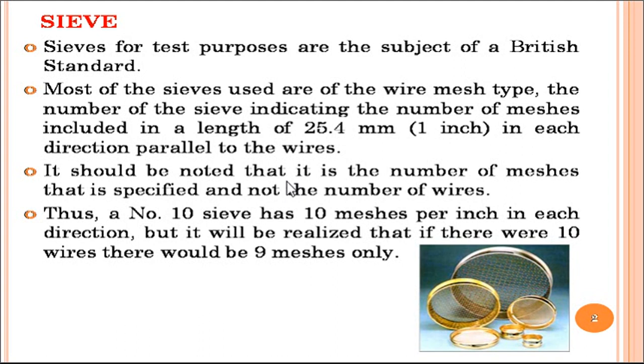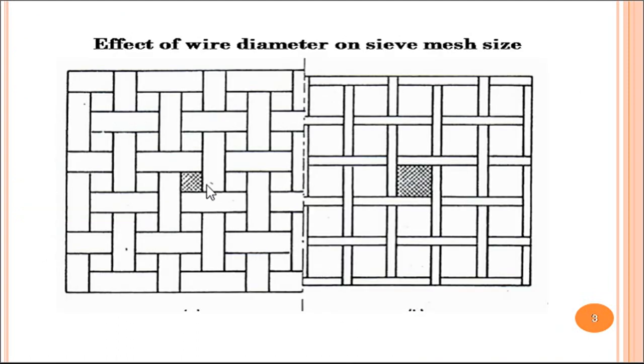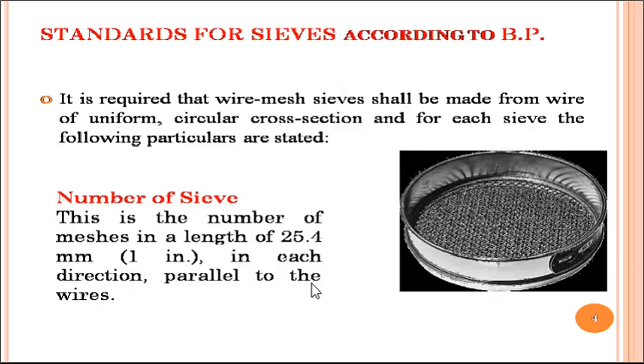When we talk about the aperture of the screen, it is nothing but the clear space between the wires of the screen opening, and it is given in millimeters. That is called the aperture of the sieve. When we look at the projected slide of your sieve under magnification, you may be familiar with the weaving pattern of the sieve wire, and this wire may be thick or thin. Depending on that, it will influence the number of holes formed in the construction of the sieve.